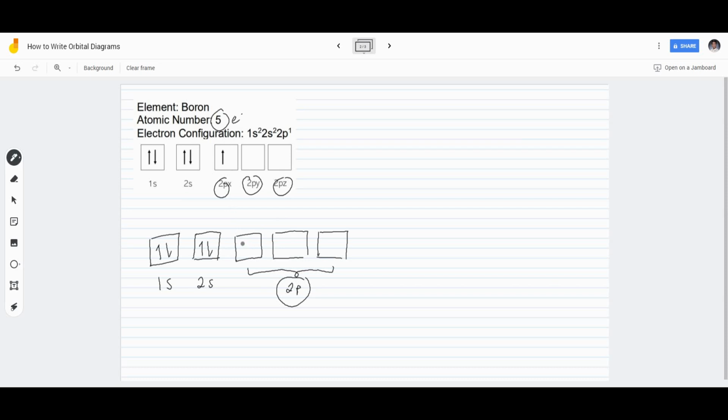Okay, so since we already have 4 electrons written, we only need 1. And there you go. This is the orbital diagram of boron. Okay,